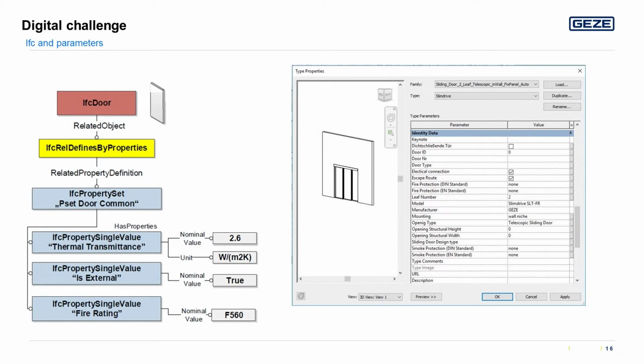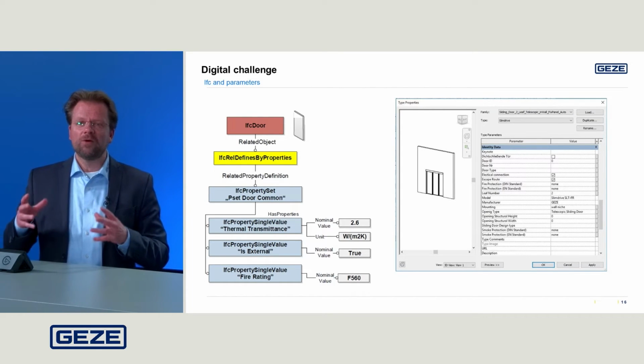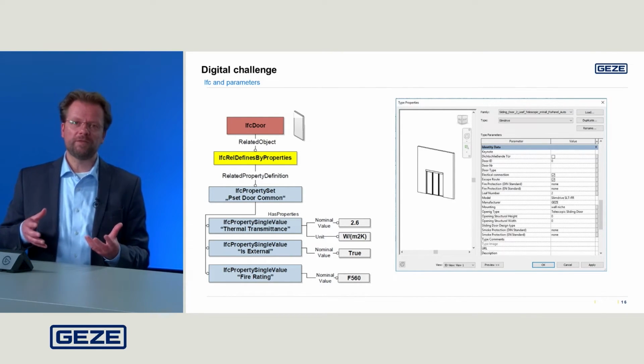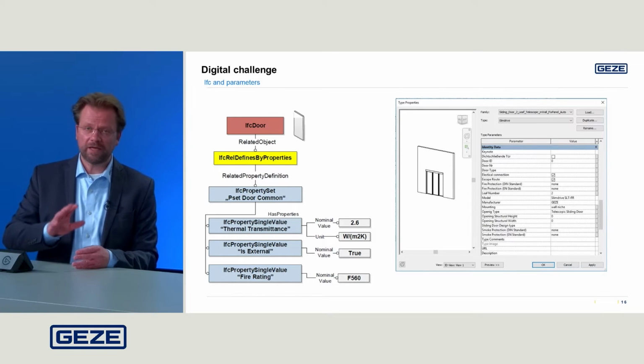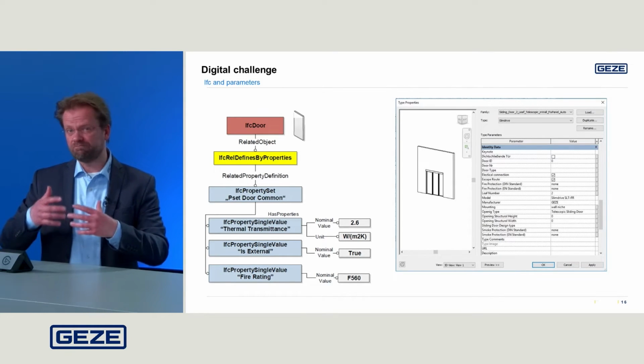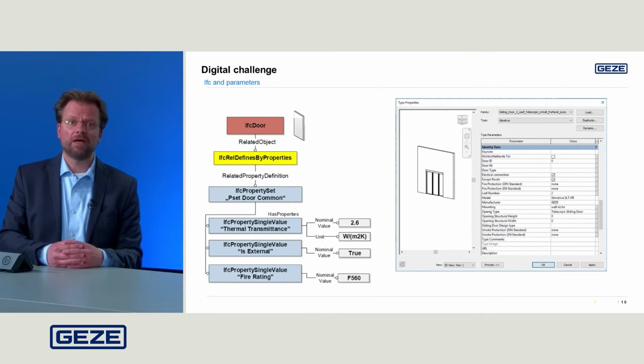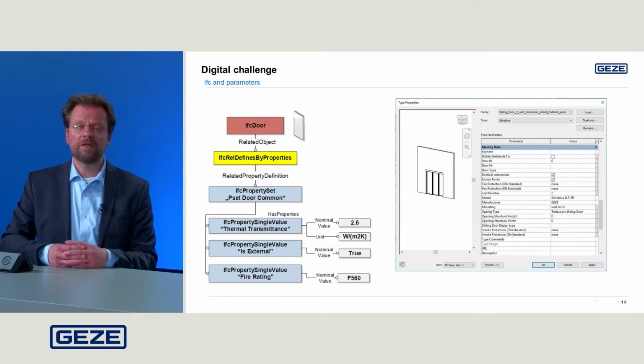And on the right side, you see our BIM object of a sliding door, of an automatic sliding door. And we have put all parameters that are possible in our object. And of course, you won't have to fill in all these 200 plus parameters on this door.